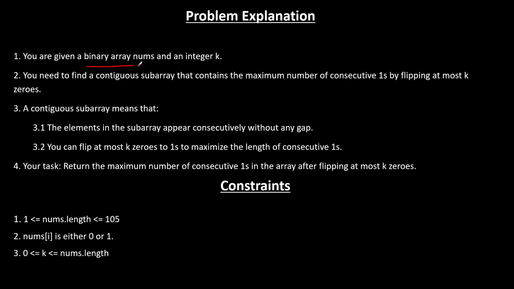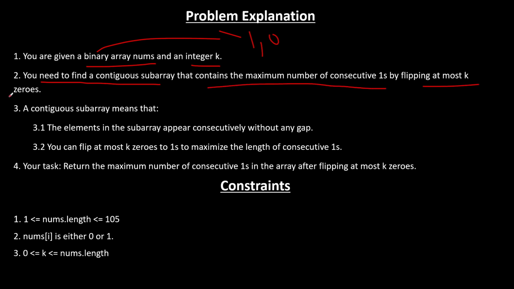You are given a binary array nums and an integer k. Okay. Binary means 1 and 0 only. So you need to find a contiguous subarray that contains a maximum number of consecutive ones by flipping at most k zeros. Okay. So what contiguous subarray means in this case is that an element in the subarray appears consecutively without any gap. For example, if you have an array of binary numbers